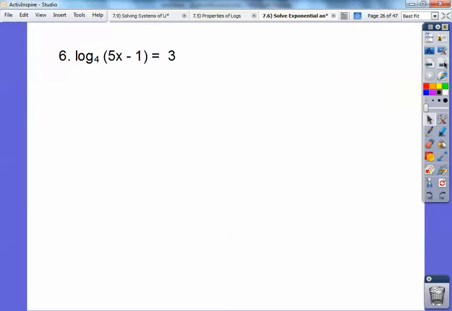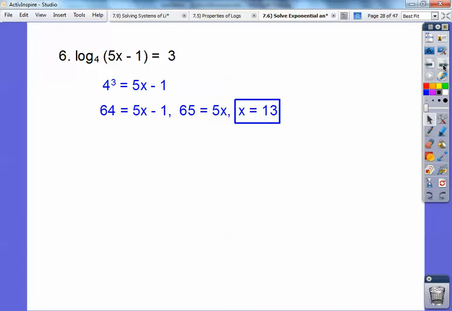Okay, this one here, remember the definition of log. This base over here to this power over here, 4 to the third equals this stuff, 5x minus 1. So here it is, 4 to the third equals 5x minus 1. 4 to the third is 64, then you plus 1 to both sides, you get 65, and 5 goes into